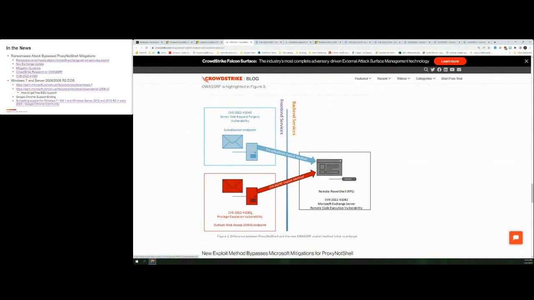So this is where things got really difficult. The mitigation was not intended to prevent 41080. Is Microsoft going to come back and do mitigations for 41080 as well? I have no idea, because they've got a patch in place that CrowdStrike confirmed would have still blocked even the new attack chain using 41080 and 41082. If they had put that patch in place, all three vulnerabilities would have been protected against. So Microsoft has a full fix in place, and that really comes down to the crux of the issue.